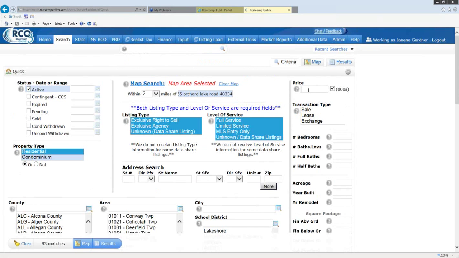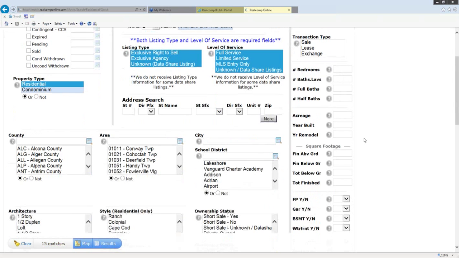I'm looking for homes between 180 to 220,000. The system assumes thousands by the check in the box here for thousands. So I'm going to put in 180-220 for my range of 180,000 to 220. And you'll notice that I quickly got down to 15 matches. I can finish typing in the rest of the criteria I'm looking for. If I scroll down just a bit,